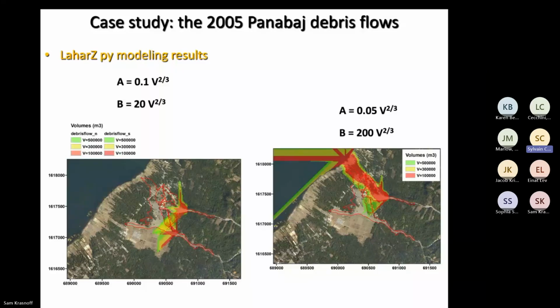You can see the results using debris flow coefficient on the left and hyper-concentrated flow coefficient on the right. And you can see the big difference in the runout, especially for the western flow that goes much further all the way into the lake. So it all depends on whether you want to focus only on the debris flow part, or you want to also try to model the fluid portion of this lahar that can go much further away than the debris flow portion only. So these were just some initial tests using LaharPy. And then we use other models. So if you go next,